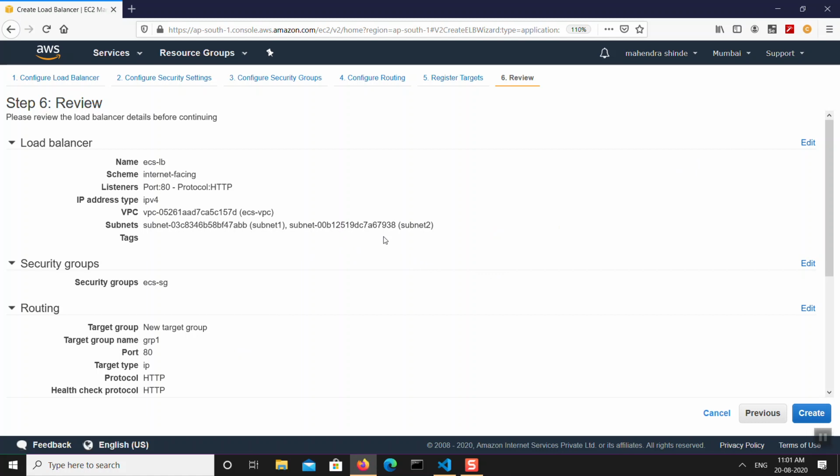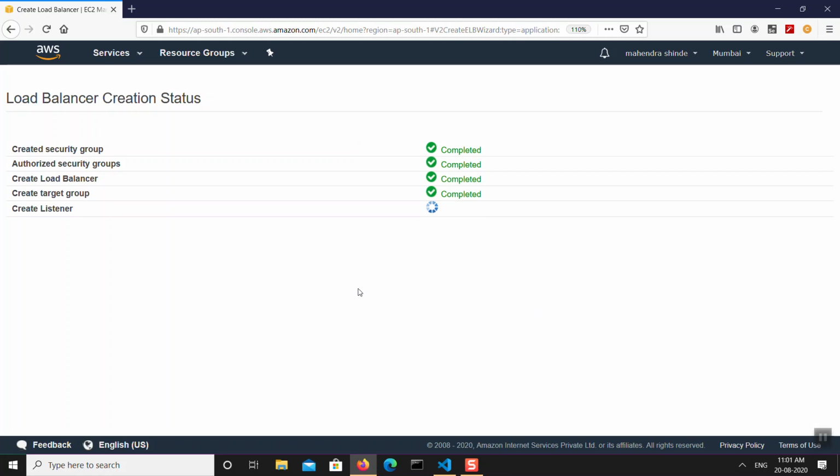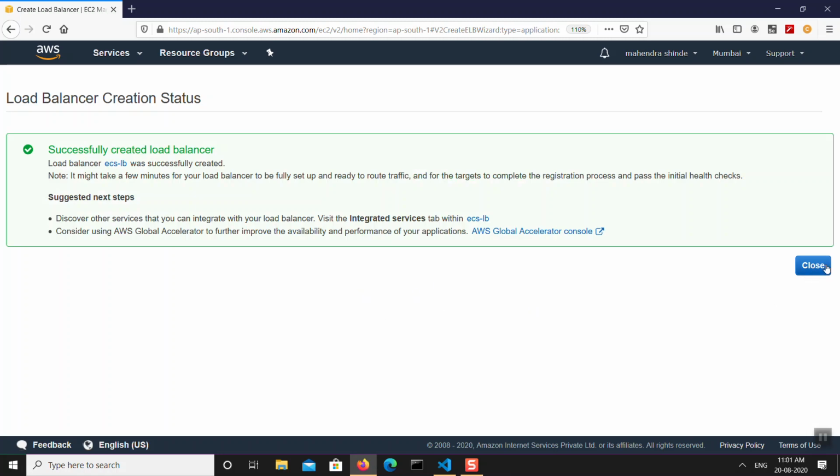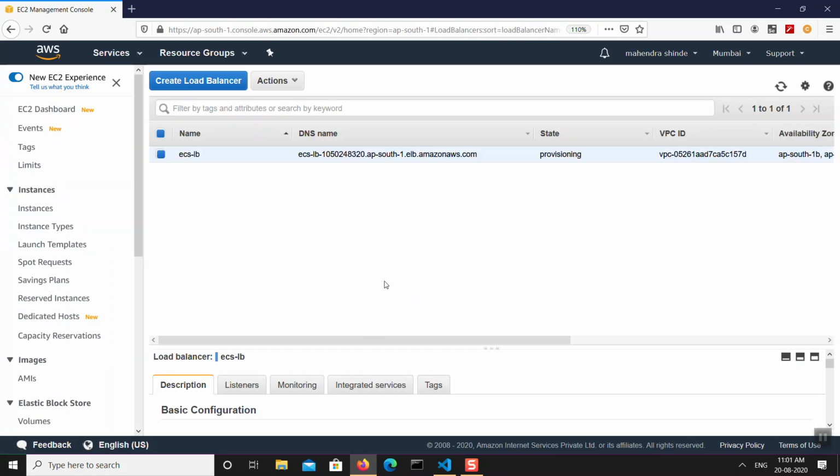We are going to make some changes to this subnet anyways. This looks like a private subnet that has got created. It doesn't have any internet gateway right now. So we will fix that. Just give me a minute. Yeah, load balancer created successfully. Unfortunately, there is a problem here. We will have to fix our VPC.